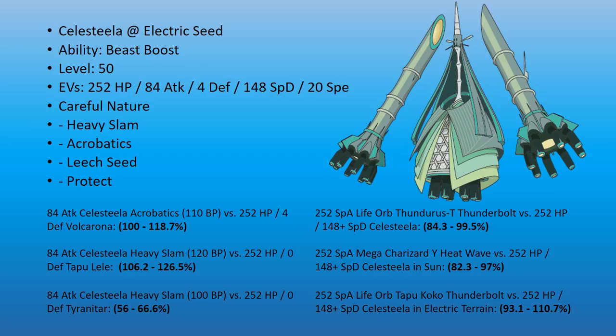You hit Komala pretty well as well, which is really nice, because that is quite a threat now, and the attack investment let me KO Volcarona with Acrobatics. You probably won't see, apart from supportive Volcarona, if they're Quiver Dance Volcarona, you won't see bulkier than that. So you can just straight up OHKO a Volcarona with the Acrobatics,